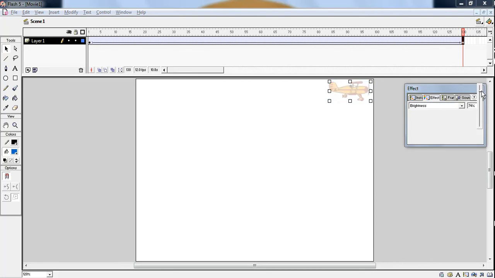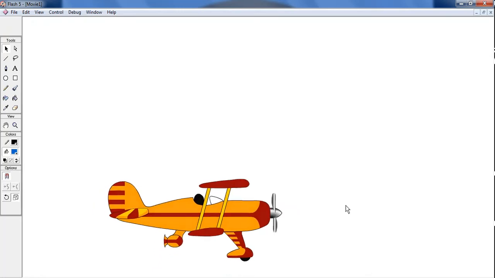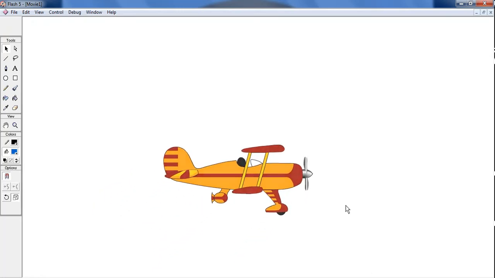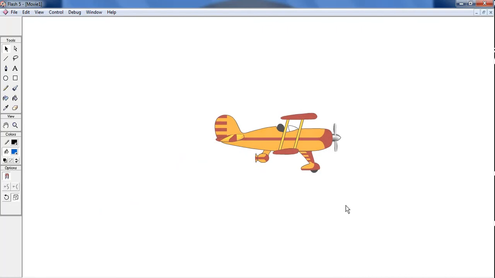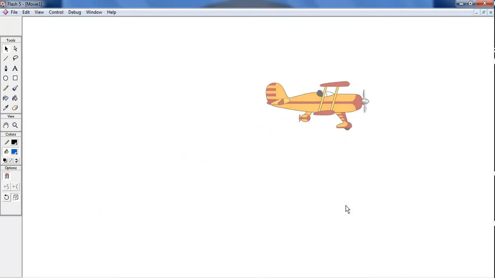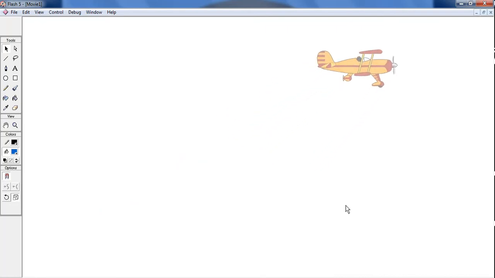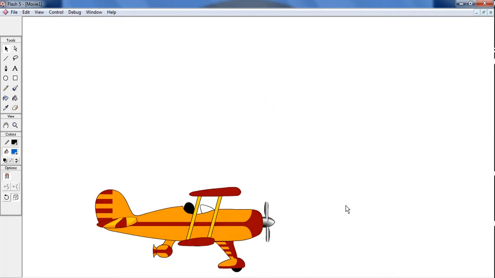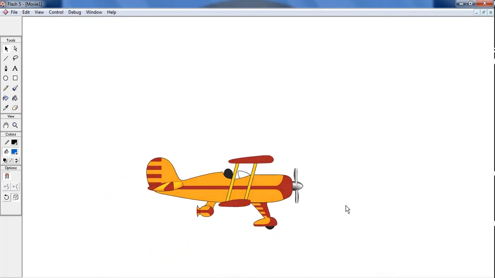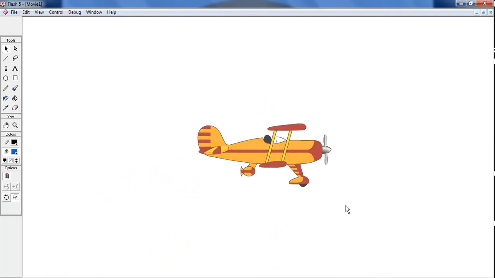Right, now see, this much brightness is required. Okay, fine, that's it. Now play this animation. Our animation is ready. How to play? Press Control Enter. See this? The plane is going far away, taking off. So as it is going far away, it is reducing the size as well as changing the brightness. Okay, have you understood this?